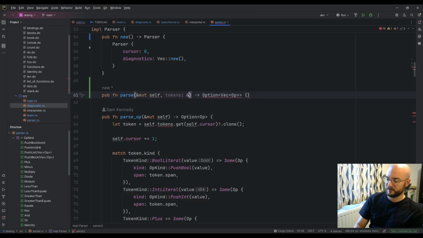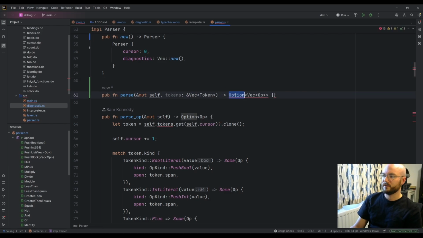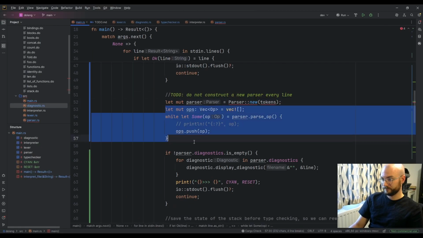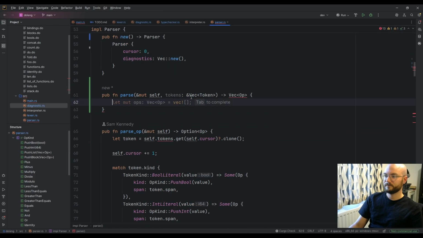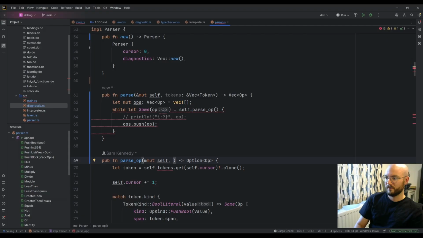Tokens, which is a reference to a vector of tokens, and it returns a vector of ops, and it just does what this does. And we just parse an op, and we just pass in the ops, the tokens.